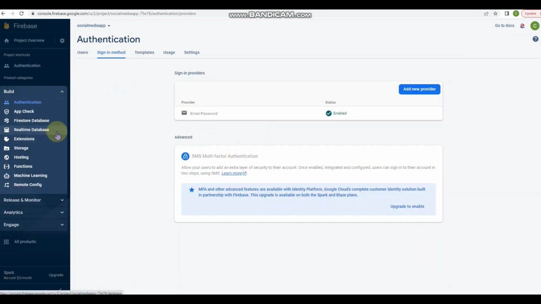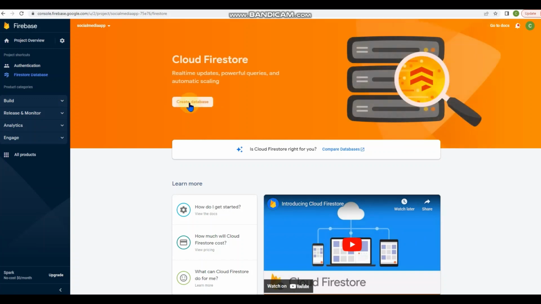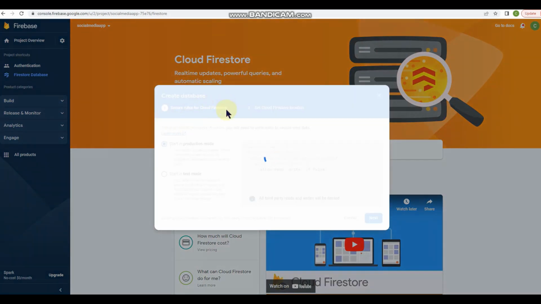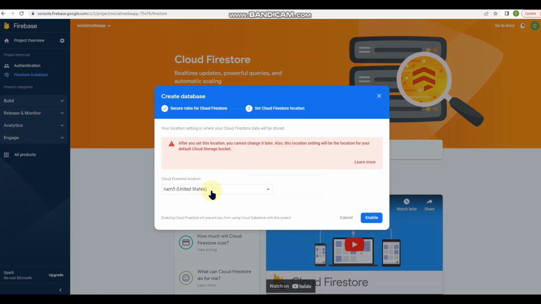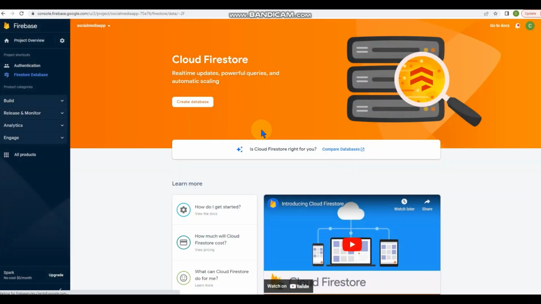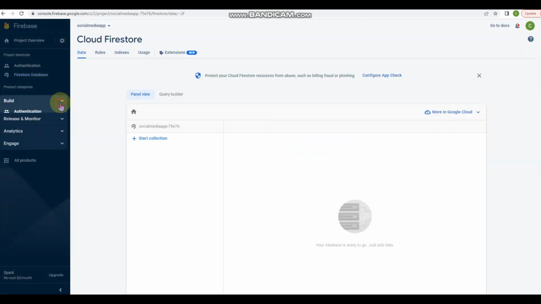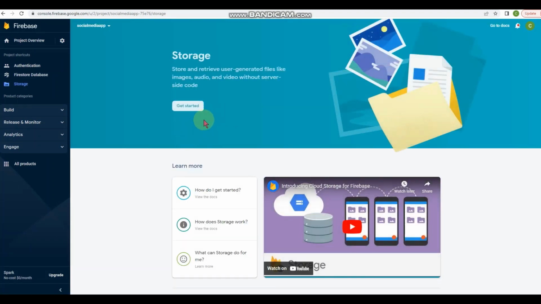We're going to set up a Firestore database. I'm just going to leave it in production mode. And then we're going to set up storage for pictures and videos, things like that.